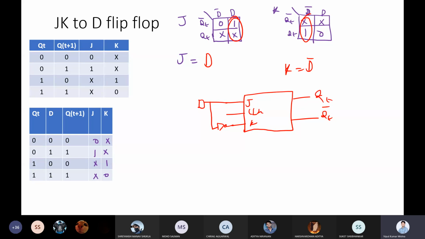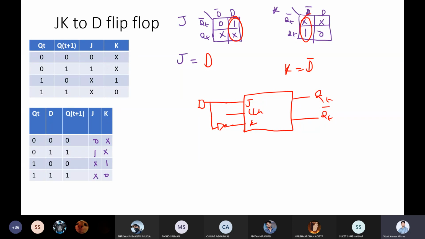This is the same as when you make a D flip-flop using SR, that will also be the same, and if you make a D flip-flop using JK flip-flop, that will also be the same, right? Because ultimately if you look into the difference between SR and JK, that is in the combination of when S and R is 1 1 or J and K is 1 1. So that combination anyways is not coming into the D flip-flop, right?